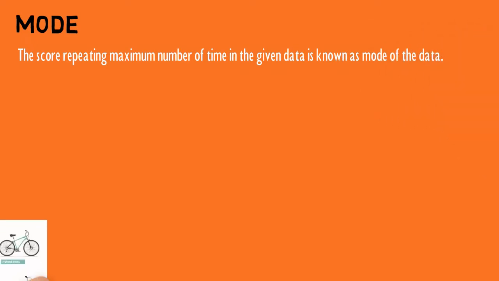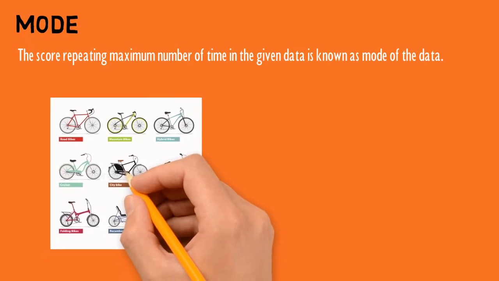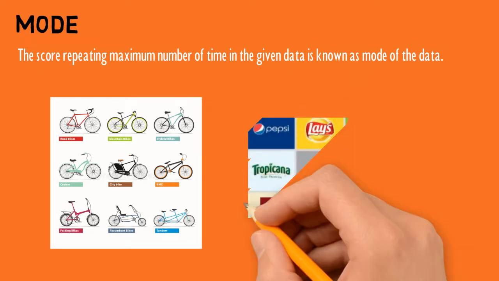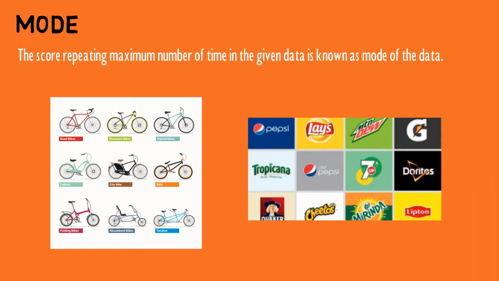For example, a company manufactures a bicycle of different colors. To know which color is most wanted, the company needs to find the mode. Or if the company manufactures so many items together, it may want to know which item sells the most from the company. So in such a condition the mode is needed. So today we will be learning the mode of grouped data. So let us study the method of estimation of mode of grouped data.